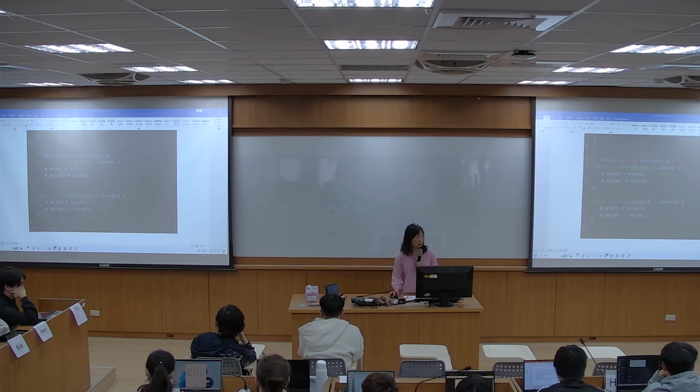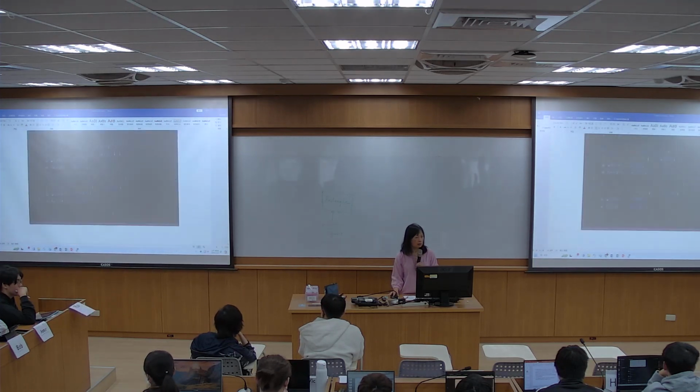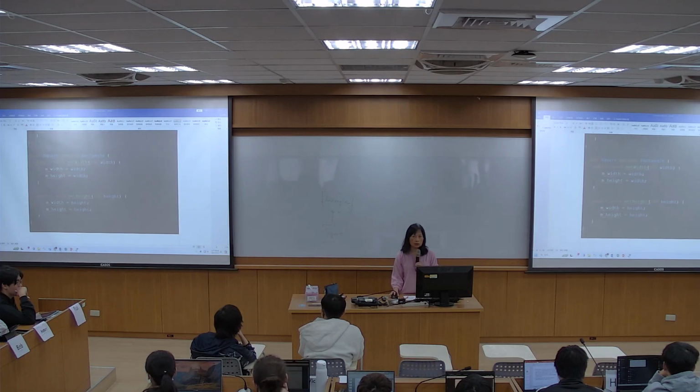But here, set height, you should do something. It says you take out the body. Set height, nothing? But set height, you need to do something, right? You're not going to leave it blank. Or maybe we just delete the code about set height? No, that's not reasonable, right? So here we have square, set width and set height, right? You need to put the body inside. You cannot leave it blank.